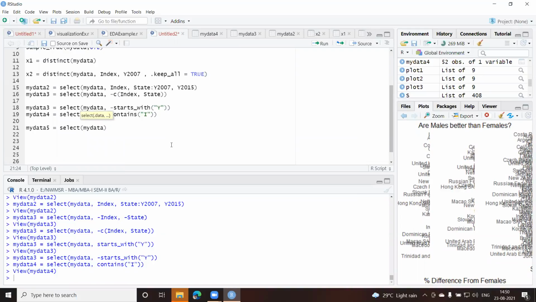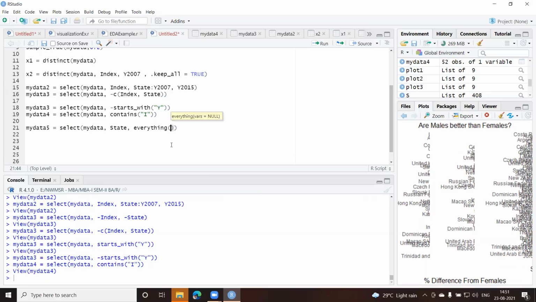Okay, comma. Now, after you give this comma, I can just give the name of the state at the beginning so that I get the first column as the state. Let us say state as the first column I want. And it should be followed by everything, the other columns as well. So I can give everything also.